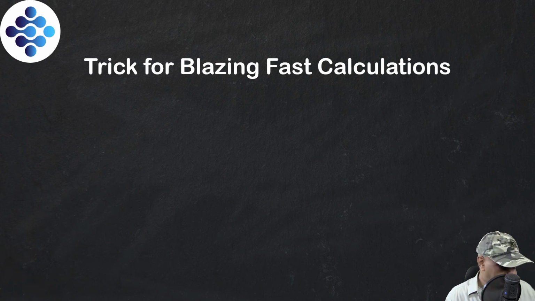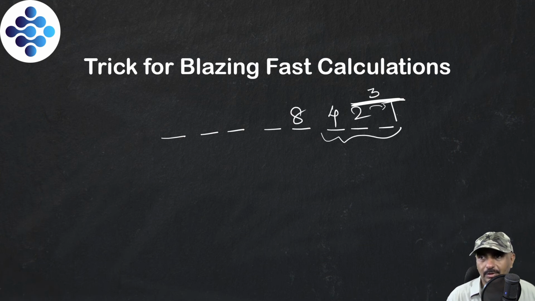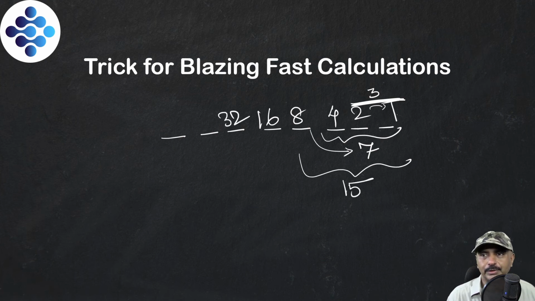Whenever you have to calculate, this is 1, this is 2. Now see, this is just 1 less. This is 4. The total of both of them would be 1 less than 4, so it is 3. Over here it is 8, but the total of all of them would be 1 less, that would be 7. This is 16, but the total of all of them would be 15. This is 32, and the total of all of them is 31.